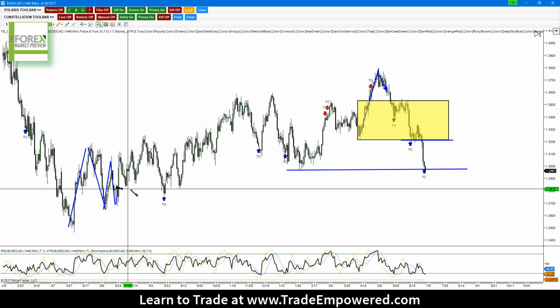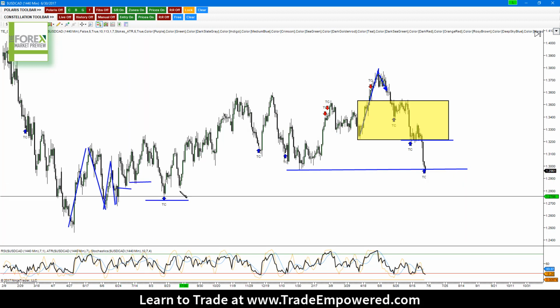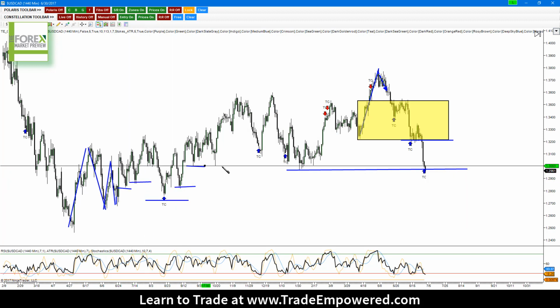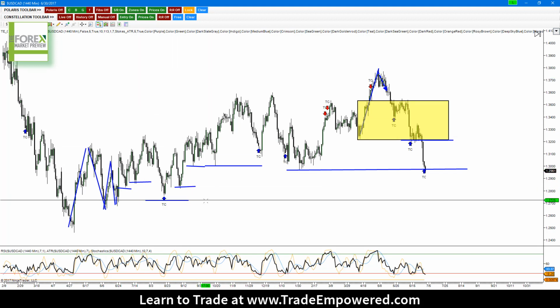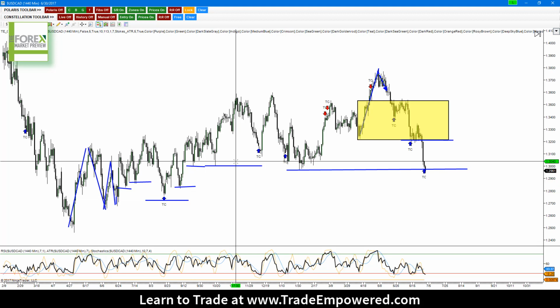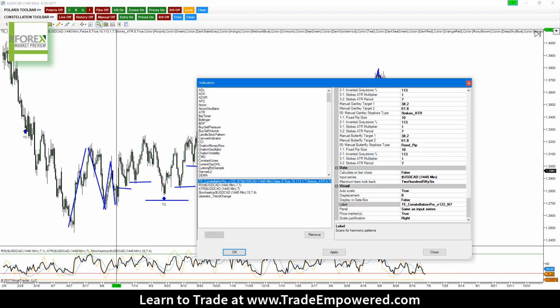We put in a lot of little dips here. There are a lot of levels of structure that we can come into. So it could be very difficult to make a prediction on which one of these levels is going to be the important one versus the ones that are very non-important. And this is where we want to bring in our DSR level, right? We want to go to our indicator tab.